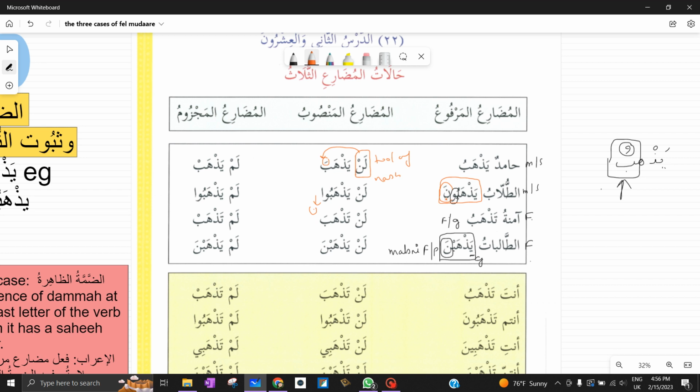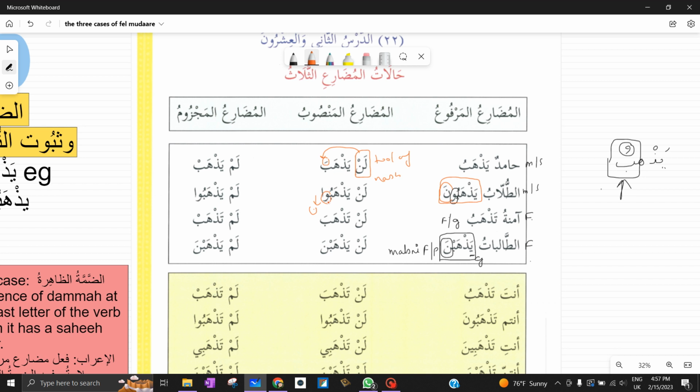This noon actually represents the tanween. When you do grammar in future in other books, you will understand about the noon zaida, or the extra noon. So this gets deleted, and what remains? Waw al jama. And why does waw al jama remain? Why doesn't it get deleted? Because this waw al jama is the fa'il. It is the damir, and a damir never gets deleted.